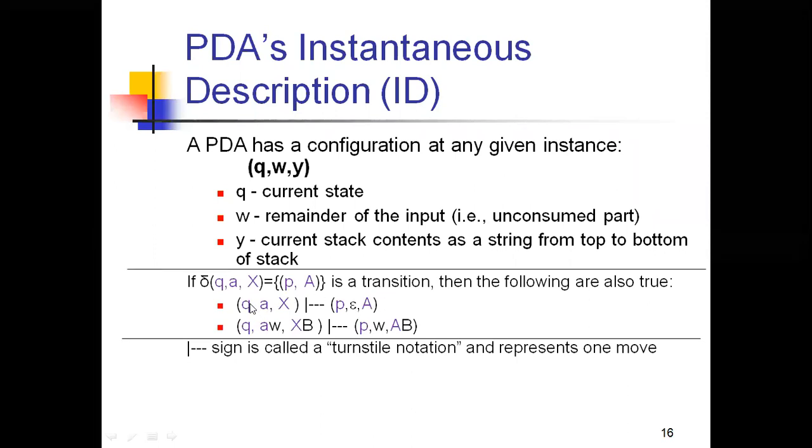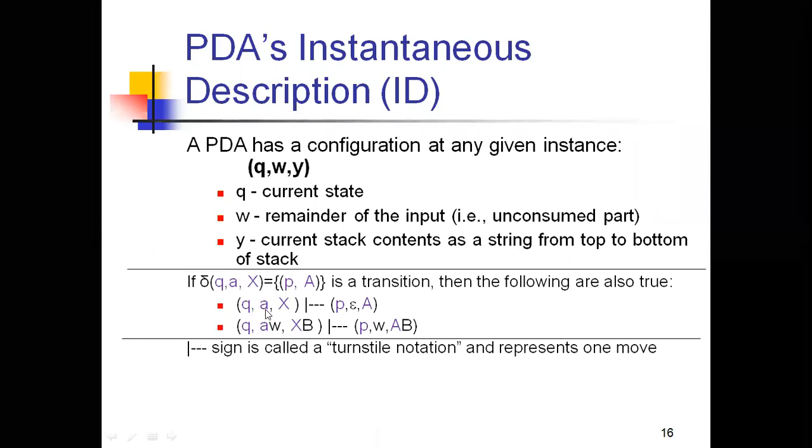That means the current state, present state with a present input alphabet along with the top of the stack is giving the new state along with its top of the stack, right? But in between, if you put an input alphabet as epsilon, nothing will happen, and the representation is also correct. When you are representing with an instantaneous descriptor symbol like this, then it can be correct. That means it is one of the rules of this ID. So we're following those rules and making it true, right?